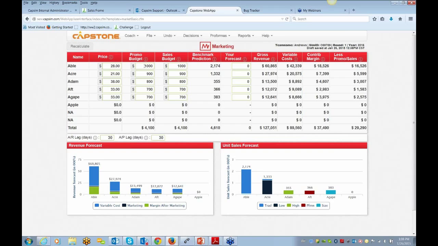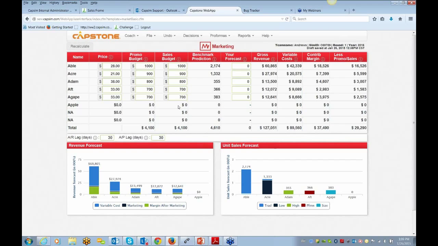So one major difference you'll notice is that the promo budget is by product. The sales budget is actually by segment. So this is helpful. When our new product, Apple, comes out, we're still going to have to assign a promotion budget because we're promoting our individual product, but our sales distribution channels are kind of impacted directly by our